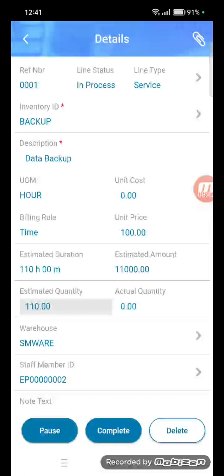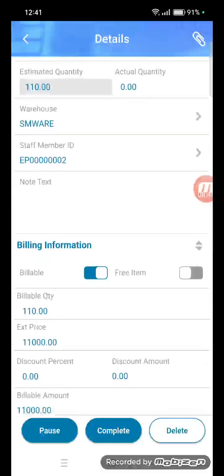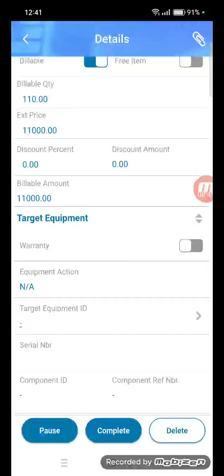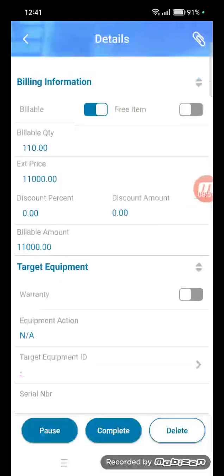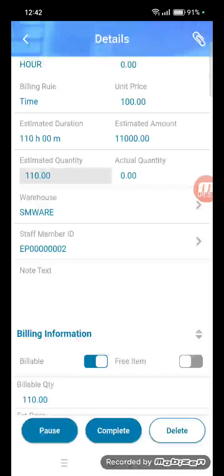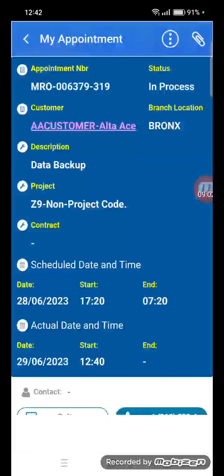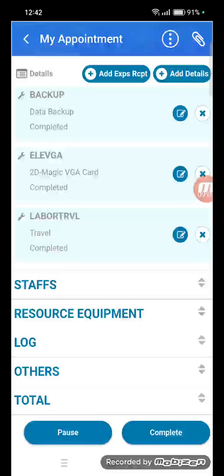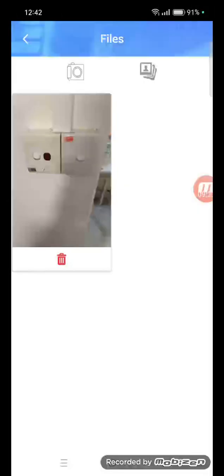And attach images. As I mentioned earlier, he's got the options to attach images, take pictures at line levels. So Max records all this information as he completes the task, and once completed, he can actually hit the complete button. So now the task is completed, and of course you can also take pictures. So on this appointment, I'm just going to choose a very old picture,